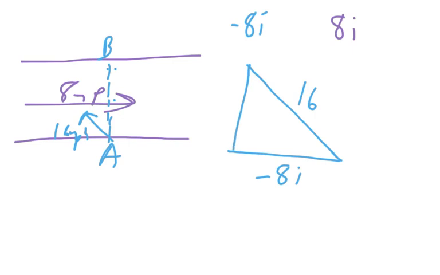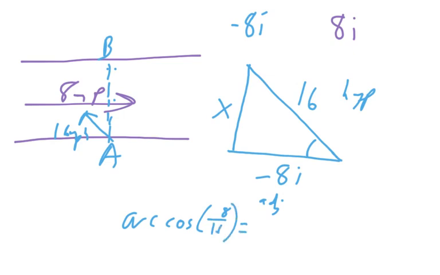And so how far am I going to go in this direction? Well, once again, if I needed to do this, I could do arc sine, not arc sine, but arc cosine, because this is adjacent, and hypotenuse of 8 over 16, and that will tell me that it is